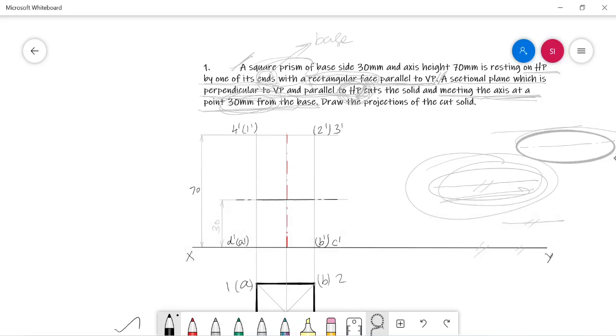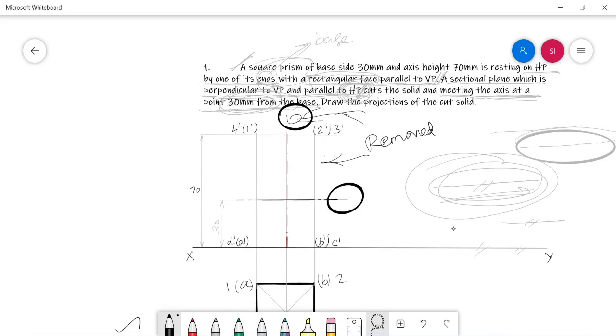Now we can decide that the solid is separated into two parts. We just cut the solid, it's now in two parts. The part just above this cutting plane, that is the part that lies between the observer and the cutting plane, is considered to be the removed part.